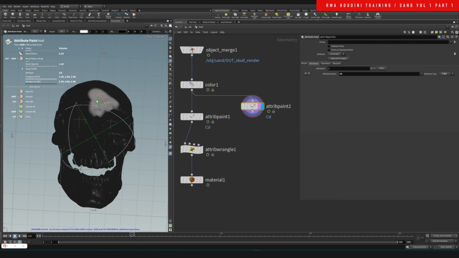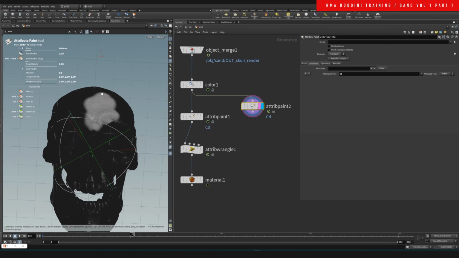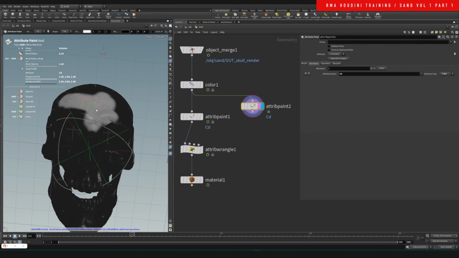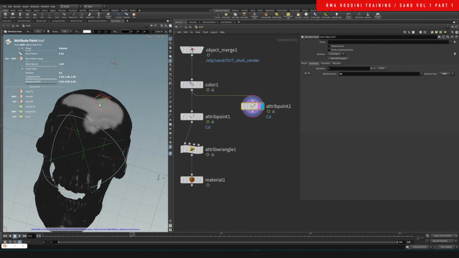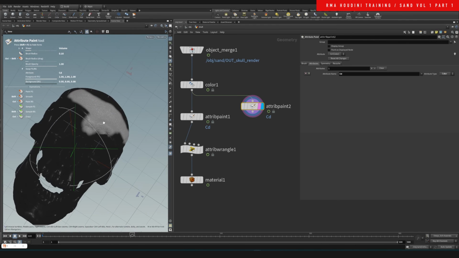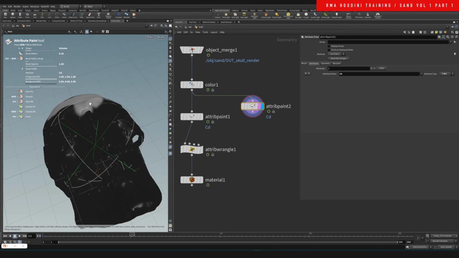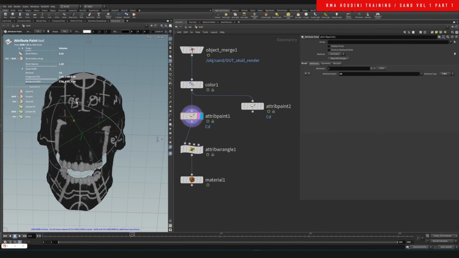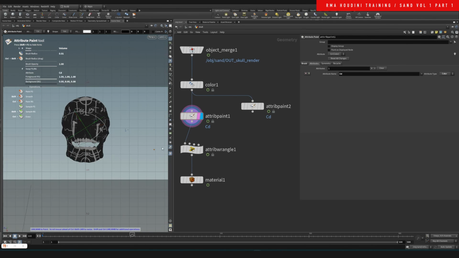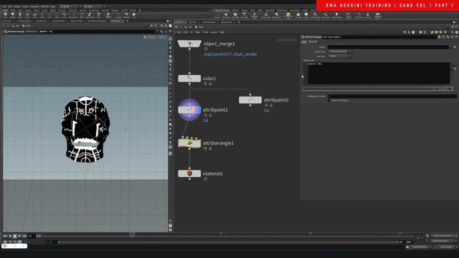Let me turn off the UV so we don't see them. So here I'm just painting, and you can paint anything that you want as long as it's black and white, because we're gonna use that to separate the texture, the material. So you paint whatever design you want. And I wanted to paint designs like this, and in my wrangle I said v@skull is equal to 1 because I wanted my skull